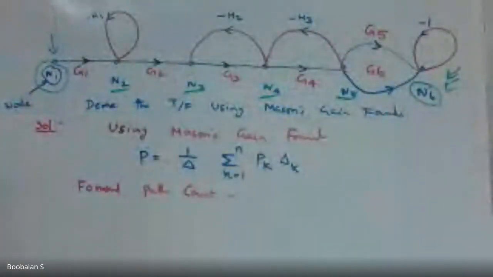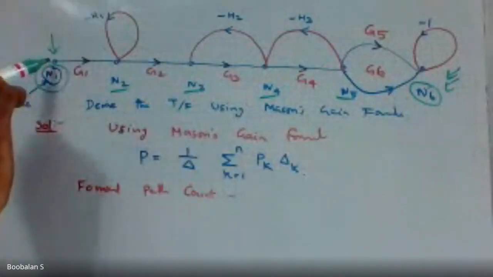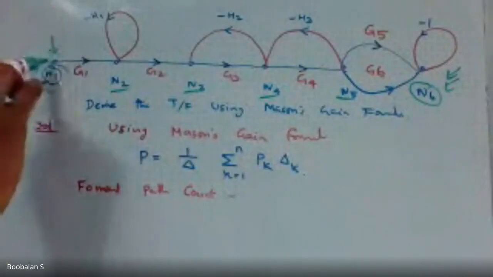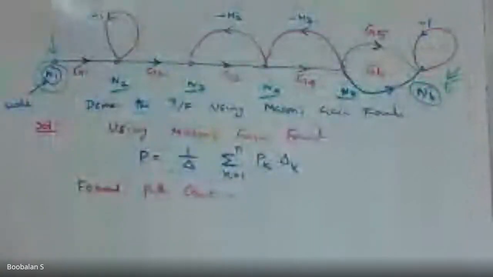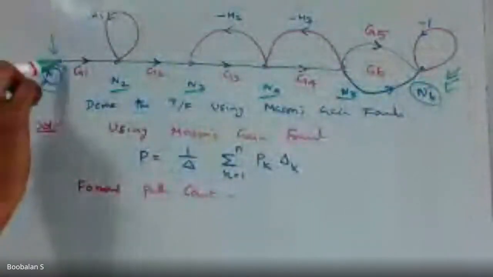Forward path means we need to track them, right? So how many paths? The signal is flowing, starting from the front end, which is my start node. And what are the different ways to reach my end node? So first, I'm just traveling from N1, the starting node, to the ending node, and what paths are possible, that is my count. First, I go directly, reach N5, then a jump to N6. That is my first forward path.